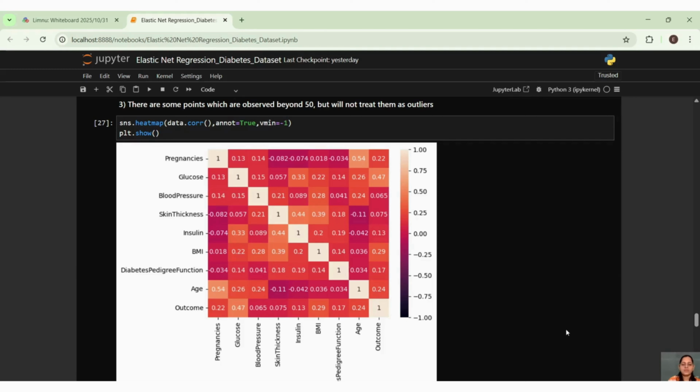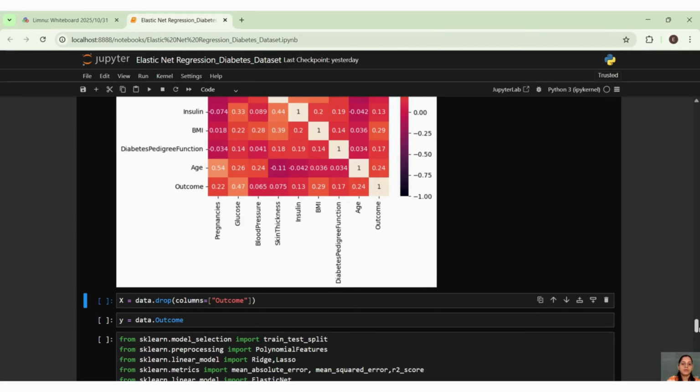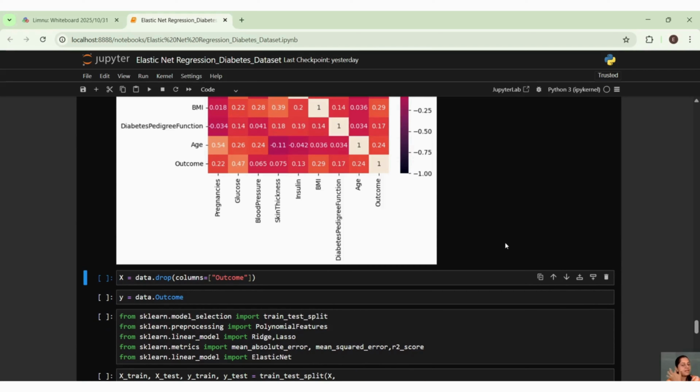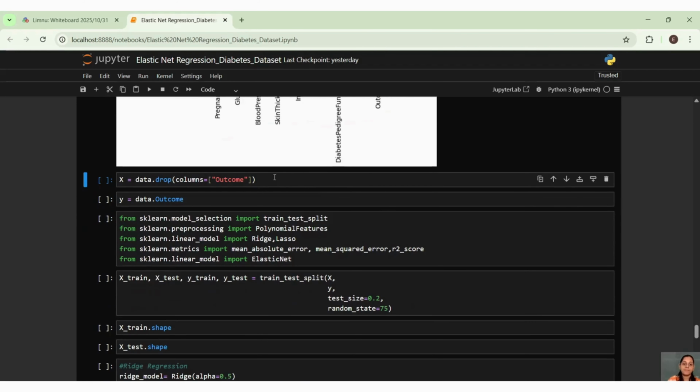So we understood that mostly age, BMI, glucose, and pregnancies are playing a big part in predicting the outcome of your diabetes, right?